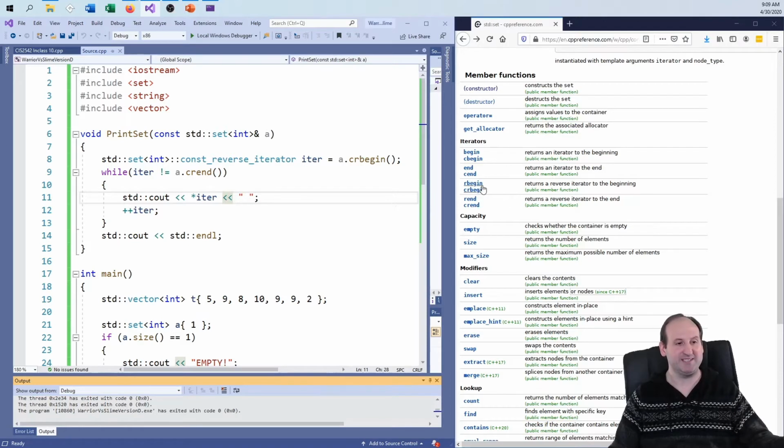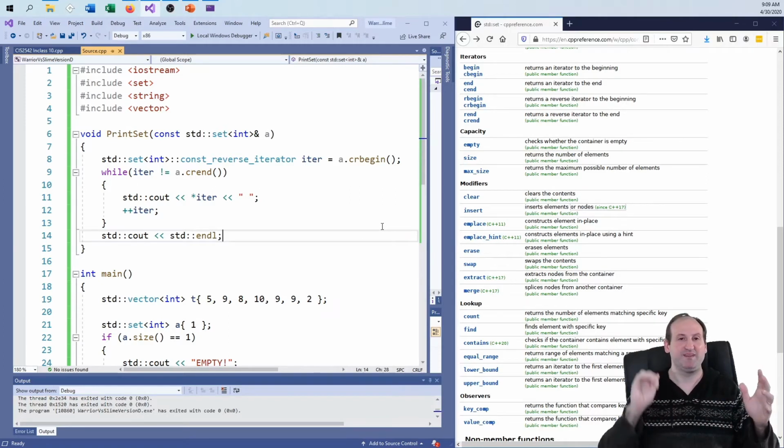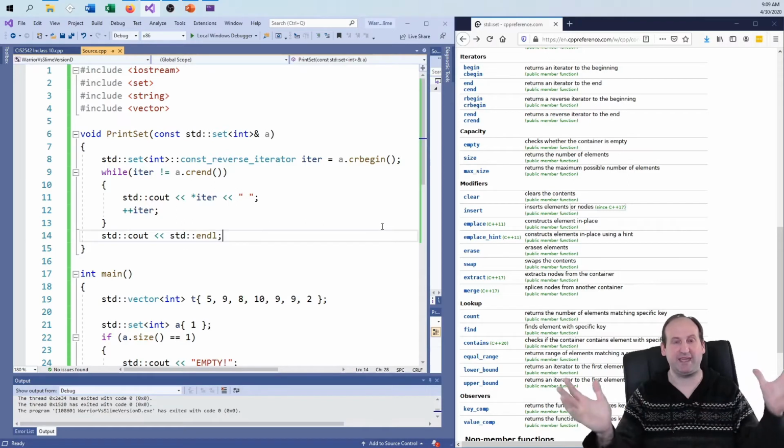But if you're going to change stuff, then you should use the normal begin and end. Okay, so then, like everything else here, what else have we got? We've got clear. Okay, and so again, if I'm dealing with a set of pointers, I've got to make sure: do I want to clear the pointers without deleting them? Yes or no? Because clear does not go ahead and delete any of, and give back any of, the memory